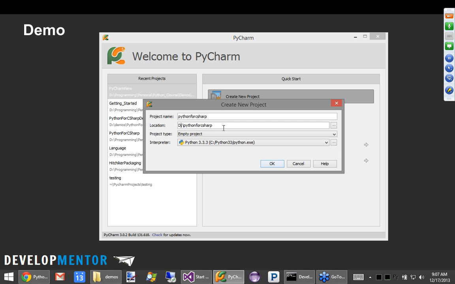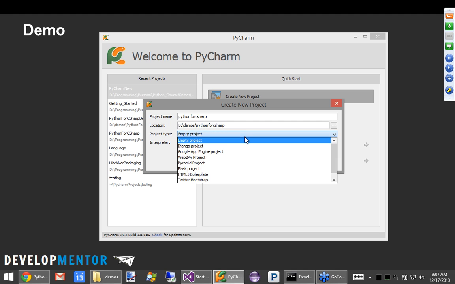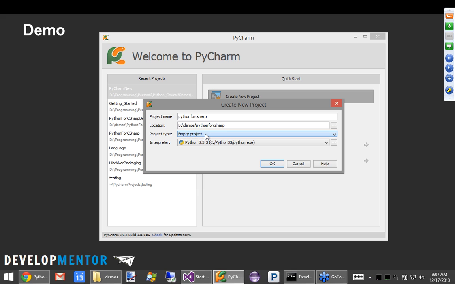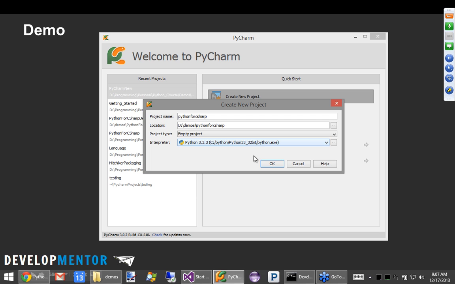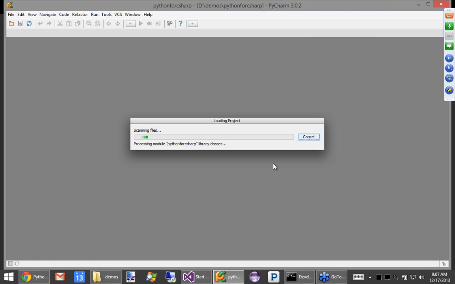We're going to create an empty project, but I could create different types of web projects, Google App Engine projects, and so on. We're just going to start with an empty project, and we're going to use this 32-bit interpreter here. We might change that as we go along.